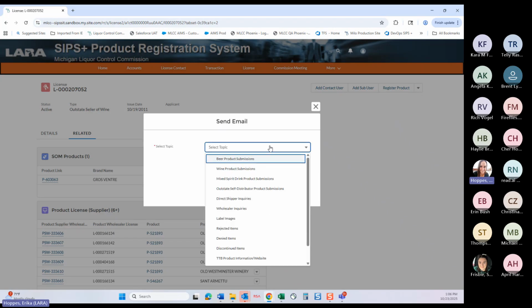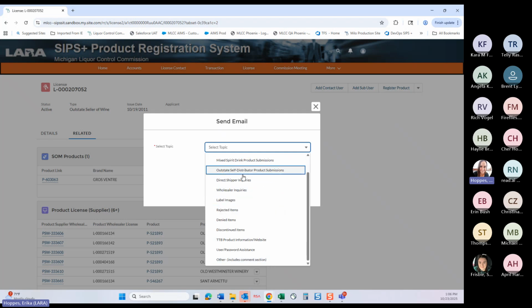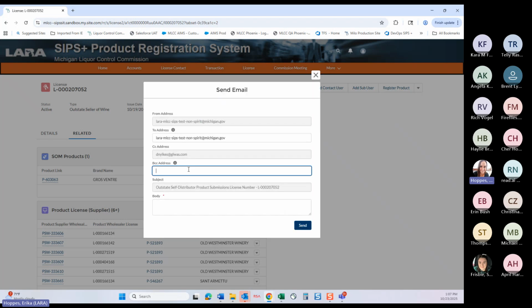a drop down list where you are going to select a topic. So you just pick any overall topic or hit other. So here, go ahead and pick this. You can blind copy anybody if you want to, so that you can add some folks here. And then you'll just go ahead and throw a body into the email. So you're like, I have a question,